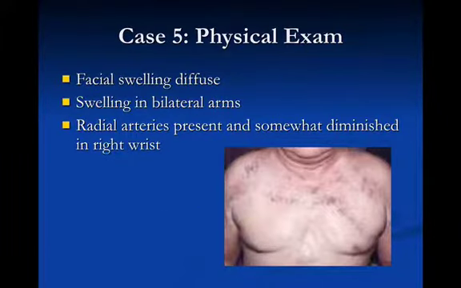And this is what he looked like. His facial swelling was diffuse. He had swelling in bilateral arms, and he had a plethoric-looking chest. I felt all of his pulses, and his radial arteries were present but diminished in his right wrist compared to his left. This alerted me to some sort of badness, and I'm not sure what you thought of here, but